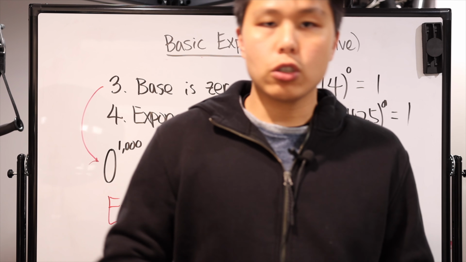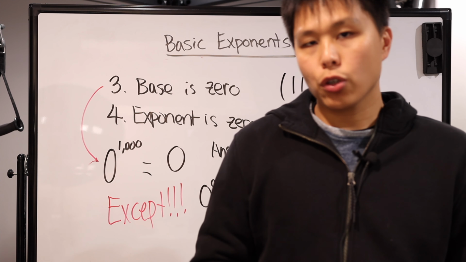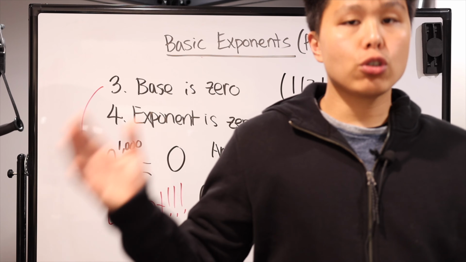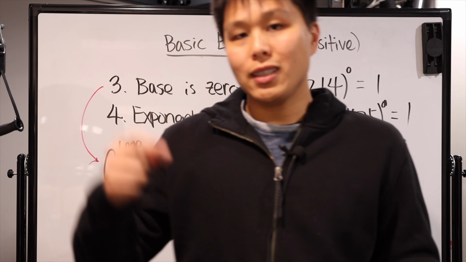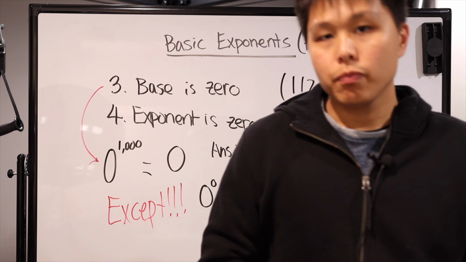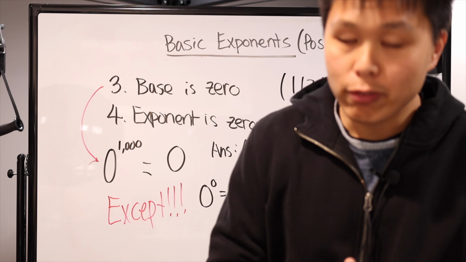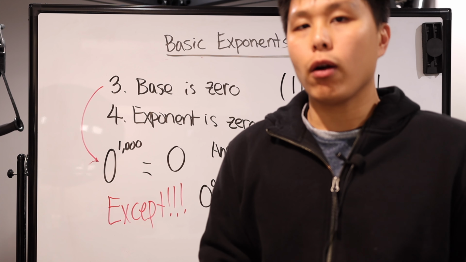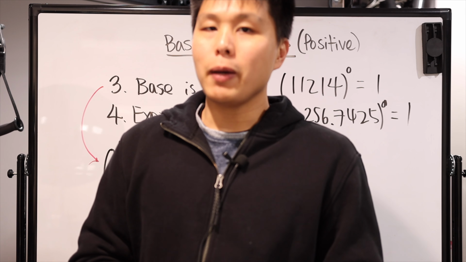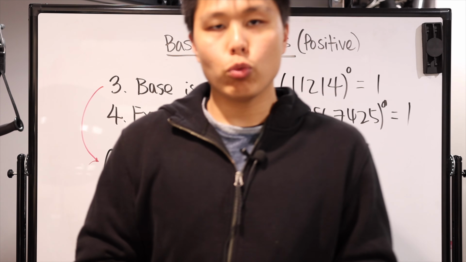The third and fourth cases are my favorite, but also the easiest to mistake for each other. Third case, the base is 0, therefore the answer is always 0. The fourth case, the exponent is 0, therefore the answer is always 1. Remember that for cases 3 and 4, there is only one exception, and you just have to remember this one. 0 to the 0 power is undefined. Other than that, hopefully exponents are not going to be as bad. We will focus a little more on actually working with exponents. I just want to go through at least a